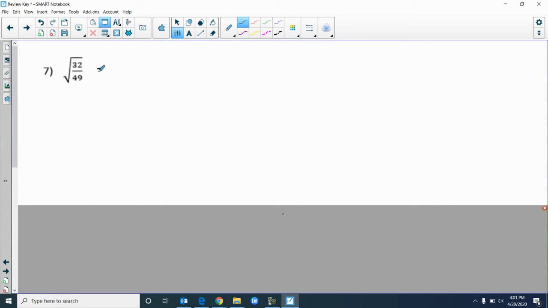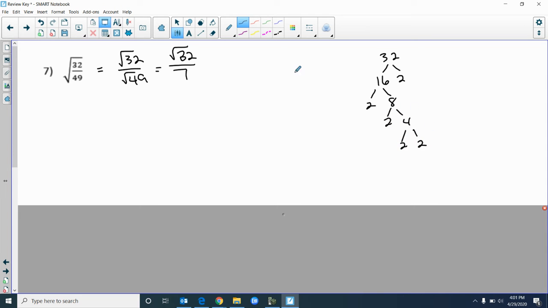Square root of 32 over 49. It does not reduce. Square root of 32 over square root of 49. Well, square root of 49 is 7. If you leave this, you get partial credit. But 32 reduces because if we do the factor tree, it is 16 times 2, 2 times 8, 2 times 4, and 2 times 2. So it really becomes 5 2's